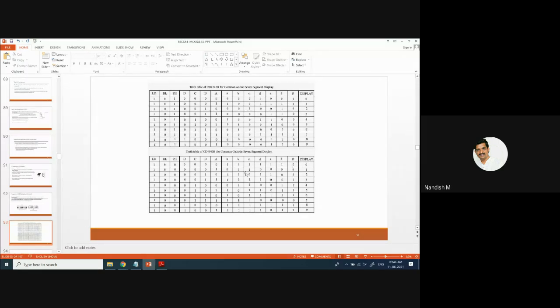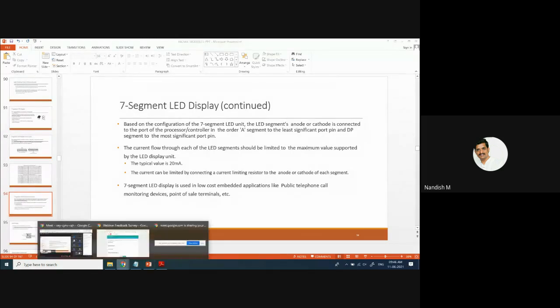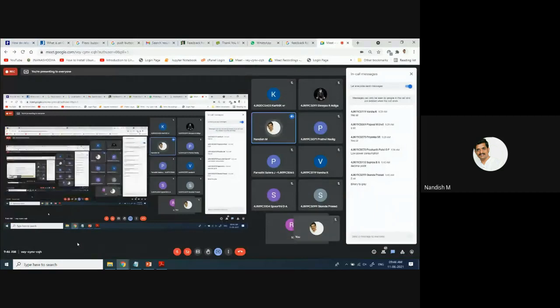This is how it works. In our trainer kit, we have a common cathode 7-segment display. And I have asked the same thing in the viva for a few students, whether it is common anode or cathode.